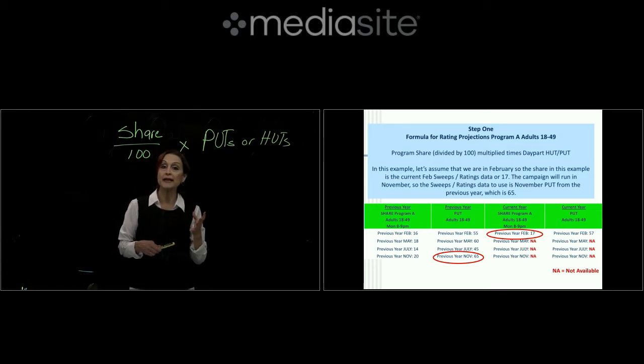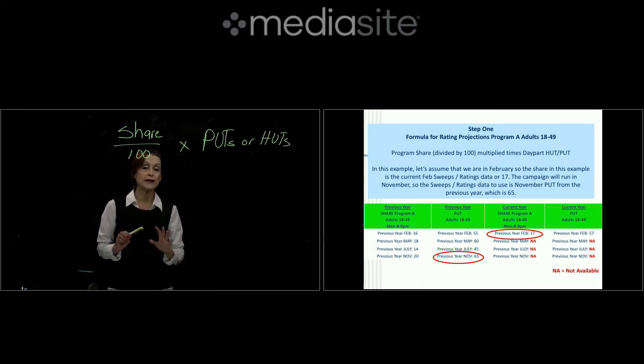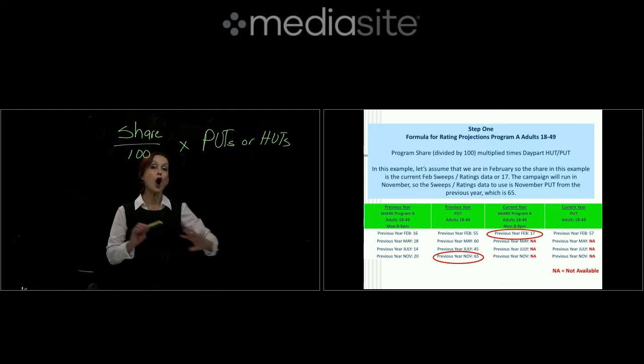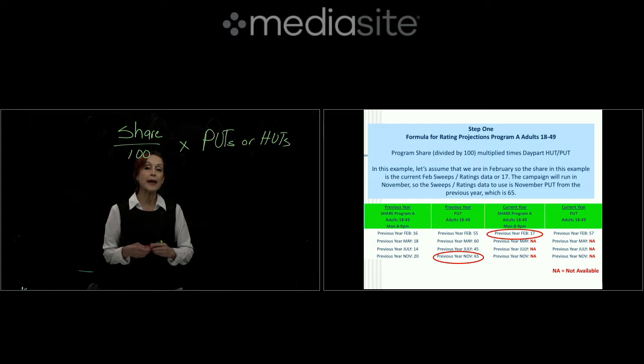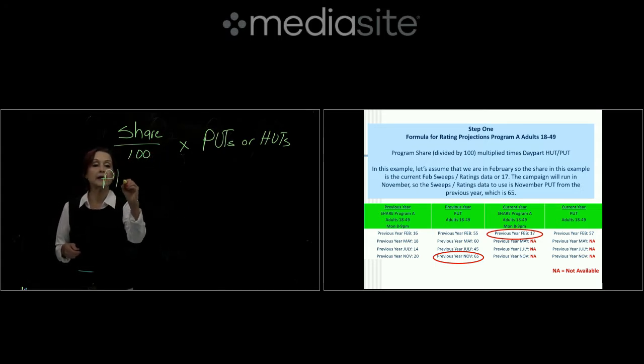Okay, so understanding the numbers. Remember that this data is provided by Nielsen, and all you're doing is calculating a rating projection of the available data that you have at your hands. There are two sets of numbers for the previous year and the current year you need for this calculation: the share for program A, Monday 8 to 9, and the PUTs for adults 18 to 49 for Monday 8 to 9, November. Obviously, there are numbers in this chart that you are not going to use. So if you're planning a campaign